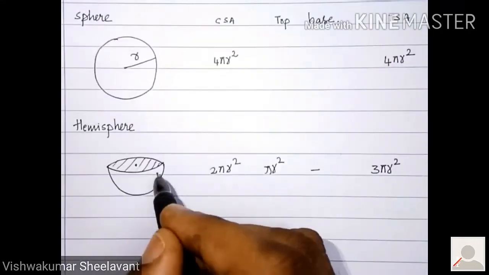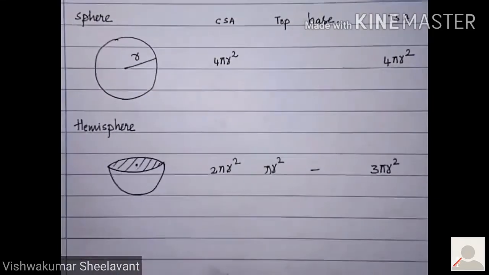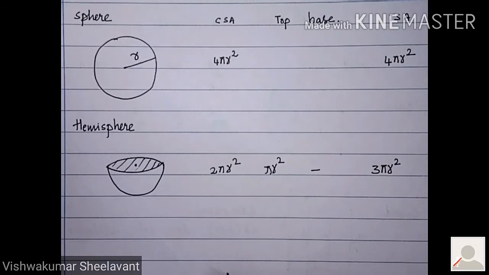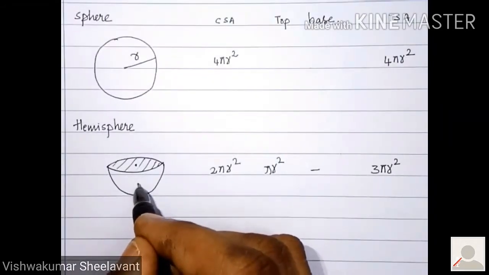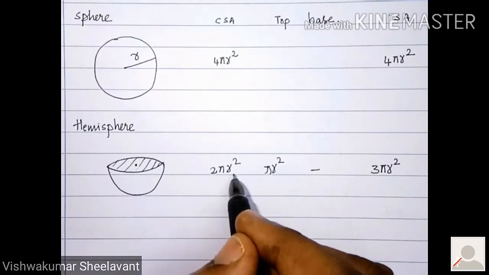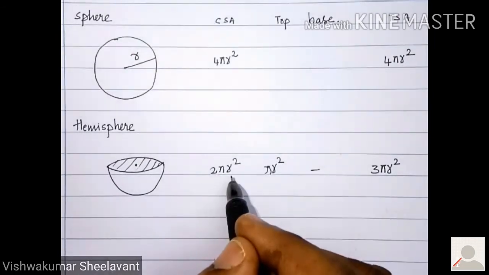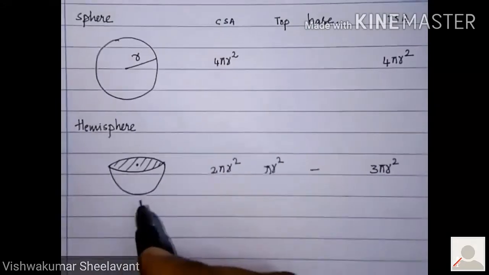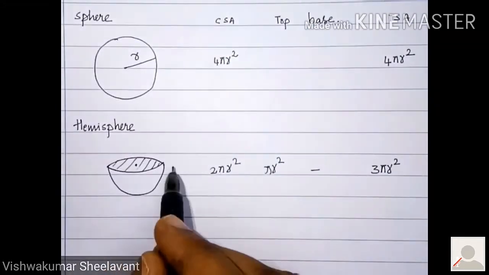If you neglect the thickness of the bowl, then only inner CSA plus outer CSA will be equal to 2 pi r square plus 2 pi r square, that will be equal to 4 pi r square. Otherwise, if inner radius and outer radius are different,